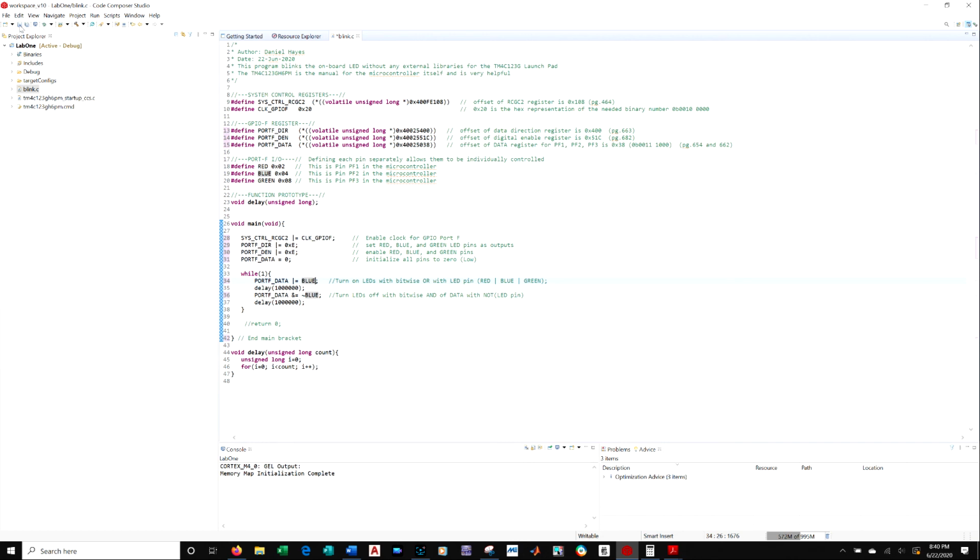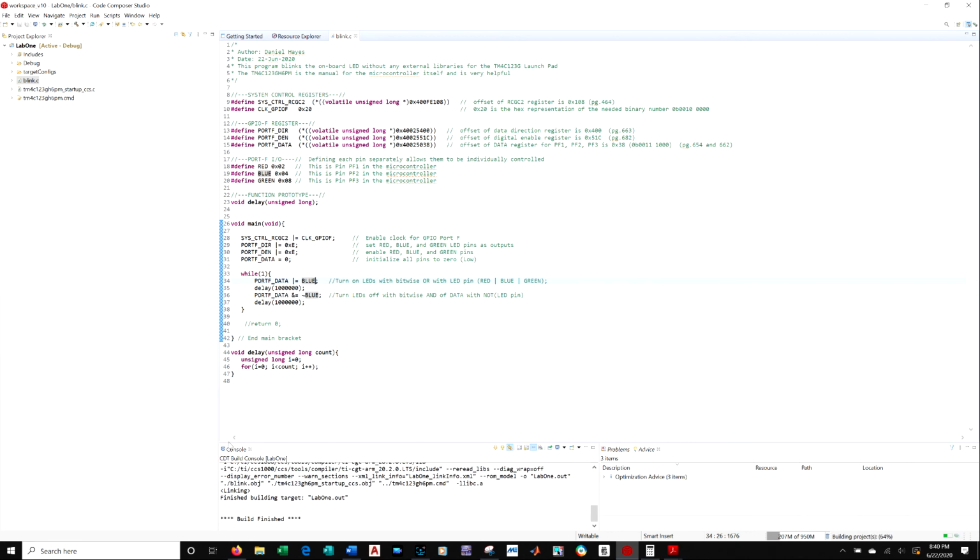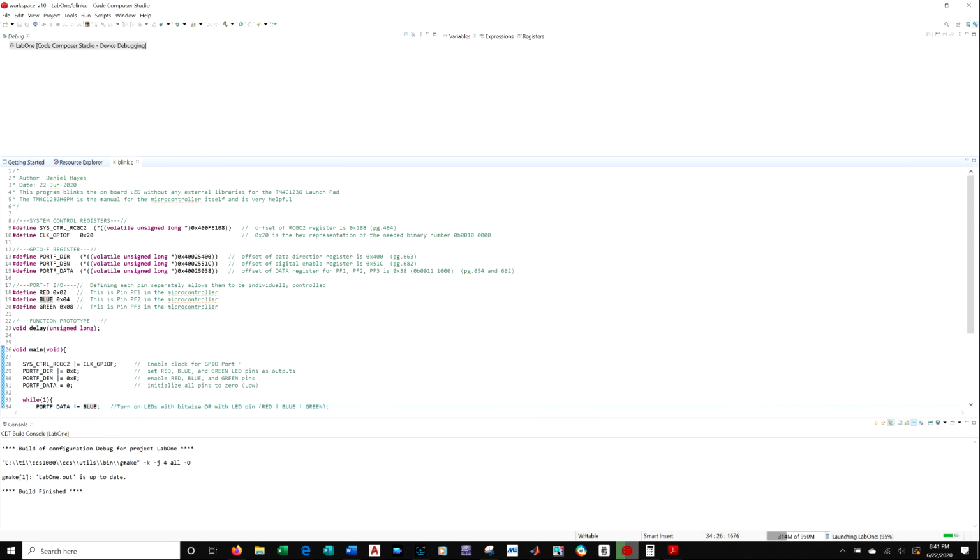So I'm just going to save this to make sure that I don't lose anything, and then we're going to hit the little hammer here, and that's going to build it. Alright, the build finished, no errors, we're good. Then come up here to the flash button, which is right next to the hammer, and we're going to hit flash. My board is plugged into the USB of my computer, and I have the little switch connected to debug mode, and I'm going to hit the button, and it's going to flash this over to the board, and we should